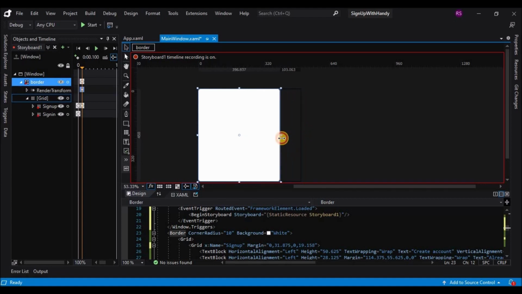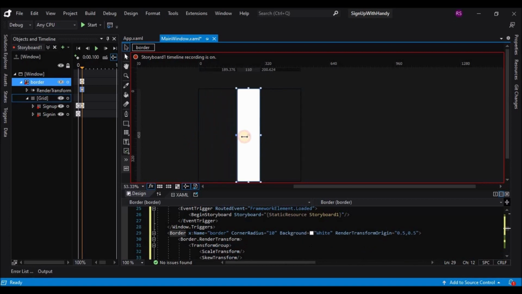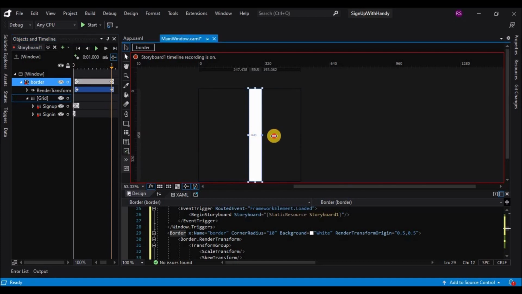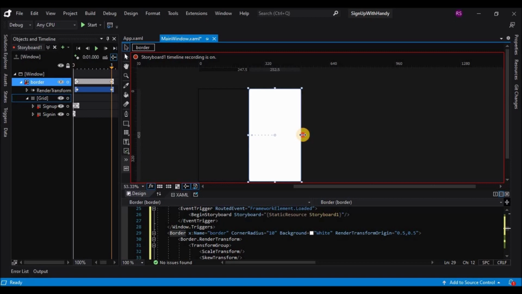So we are doing this to get the look and feel of a flipped screen. So we will decrease the width, and on the next keyframe, which is the 1 second keyframe, we will increase the width of the border back to the original.